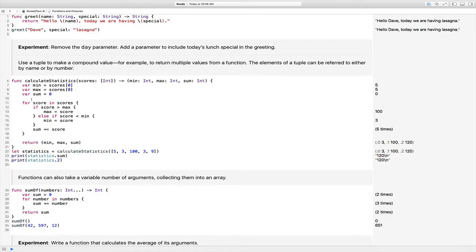Now we're going to loop. Okay, so for score in scores, so each one of these is a score, and the whole thing is the array scores, and the individual items in the scores array is a score. So if the score is greater than max,